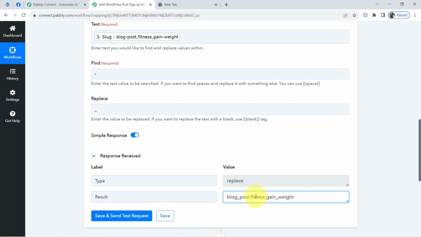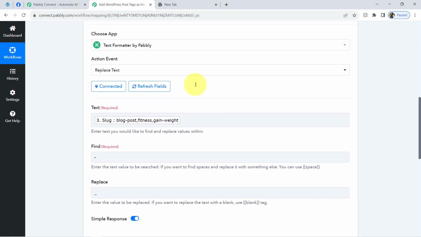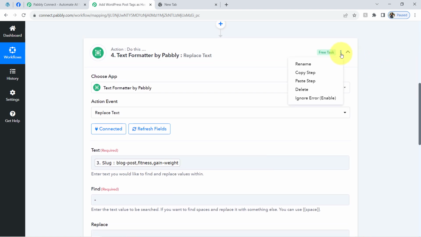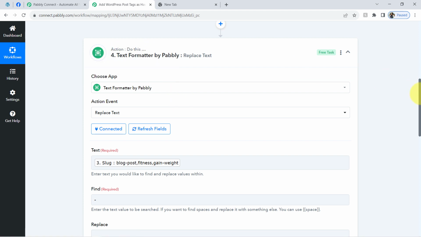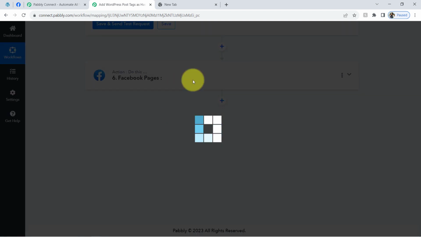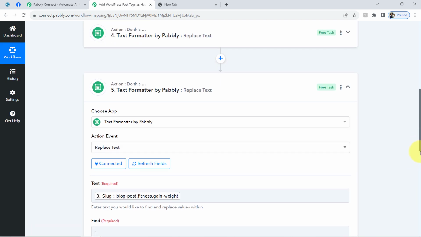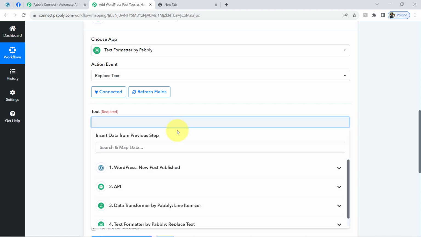Now we have to do one more thing. These commas should also be replaced with hashtags. So how about I copy and paste the same step once again. Clicking on this three dot, first of all I'm going to copy the same. The step has been copied successfully, and now I am going to paste it, and you will notice one more step will be added here automatically. Even the data is selected here automatically, but instead of this specific slug, I will delete it,